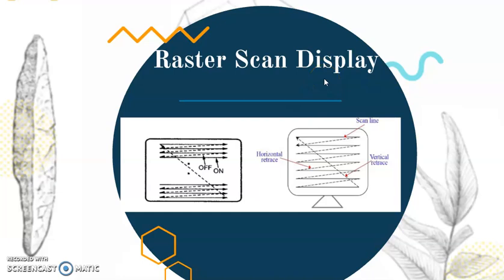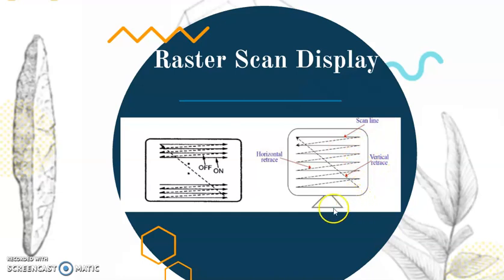Drawing the image pixel-wise is called raster scan display, right? As you have noticed, I scan from left to right, retrace, then come to the second line and scan from left to right. So I'm using the word retracing. There are two retracing types: horizontal retrace and vertical retrace. When I shift from one row to the next row, I call it horizontal retracing. And the moment I am done with all the rows and reach the last row, I have to come back to the first row. I call it vertical retracing.